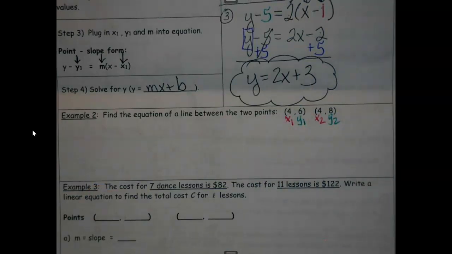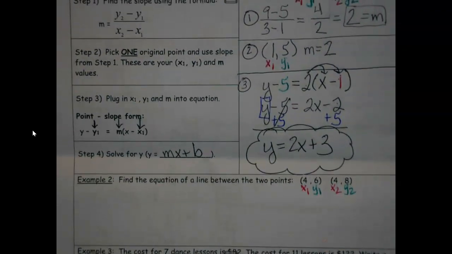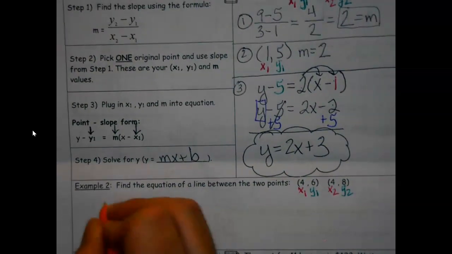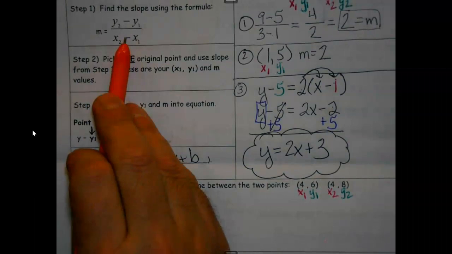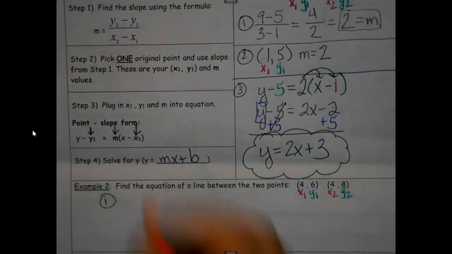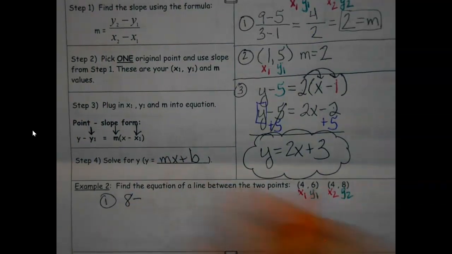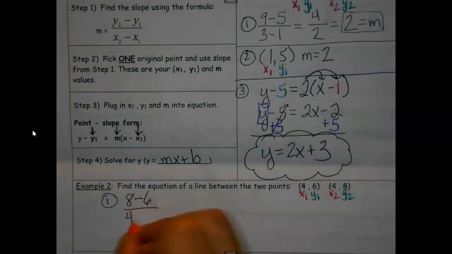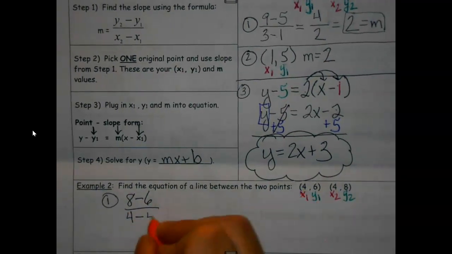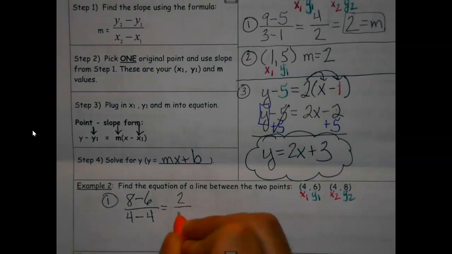And we're just going to follow, let me move this back down a little so we can see, what we did up here. So step 1, we're going to do slope. So we got y2 minus y1 over x2 minus x1. Just following it along. So 2 and,